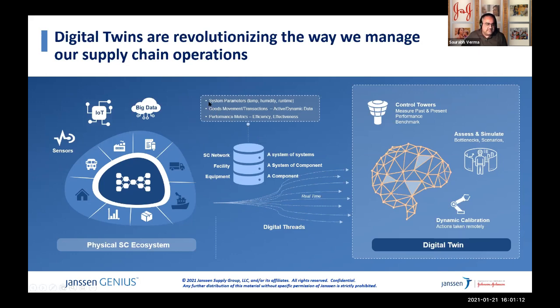There are different kinds of data that we are interested in, right? One is system and entity specific data. An entity could be an equipment, a facility or a network. And we were talking about data related to their system parameters, transportation related data, business specific data, or performance and metric specific data. Now, this data combined with the capability of simulations has revolutionized the way we operate in supply chain.